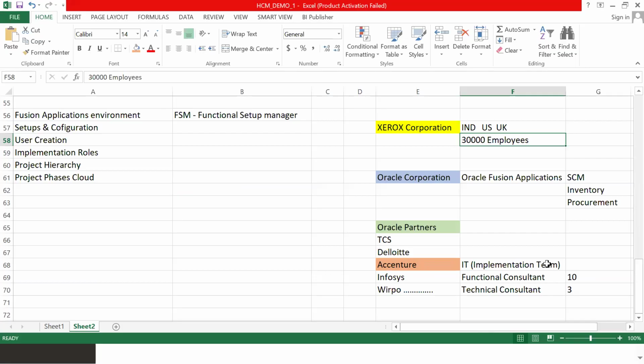Yeah. Is it clear, everybody? Any doubts here now, please? Good morning, sir. I have a doubt regarding this. So if like Accenture got the project from Xerox Corporation. So